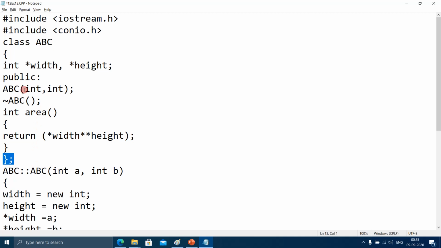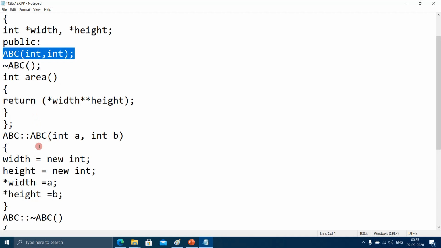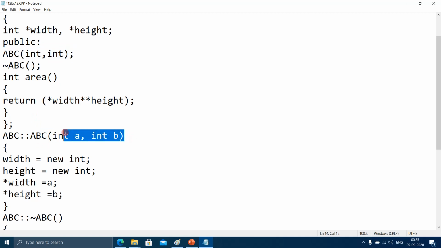And we know that constructors have same name as class. Since it has got two parameters, this is known as parameterized constructor. Constructors do not have any return type, that's why there is no return type here. And it has been declared here inside the class and defined outside the class. So same method, constructor name,